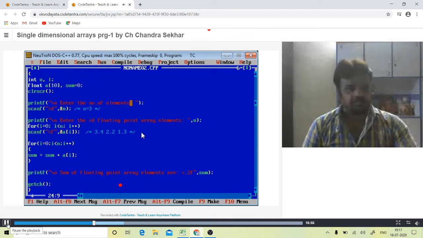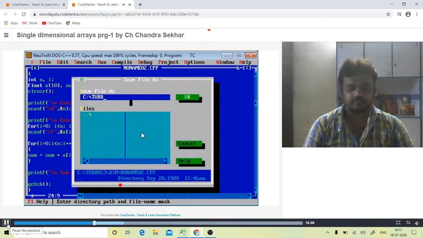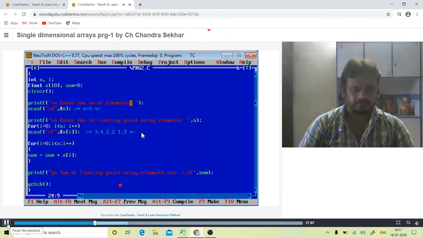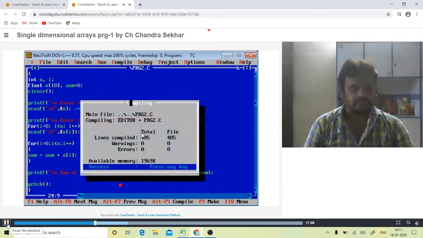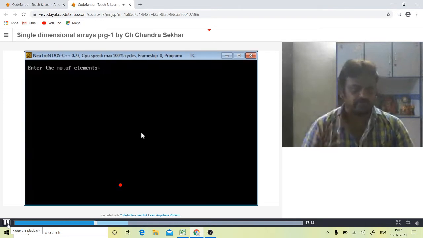Okay, see the output. Before executing this program, I am saving it, and my program name is program2.c. So 0 errors and 0 warnings. Enter the number of elements. My n value is 3.